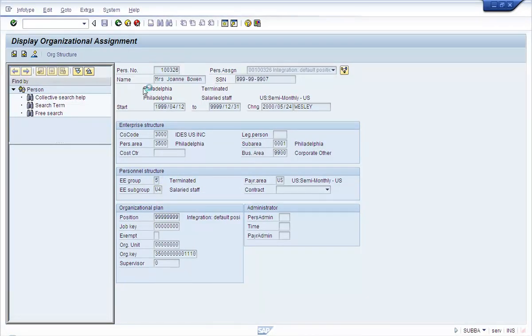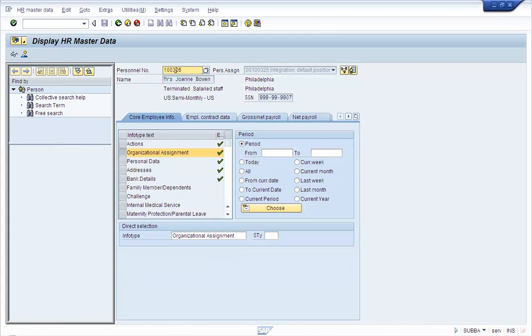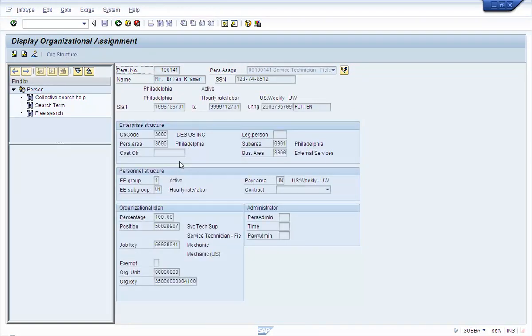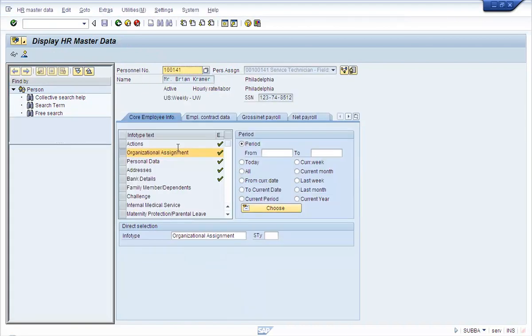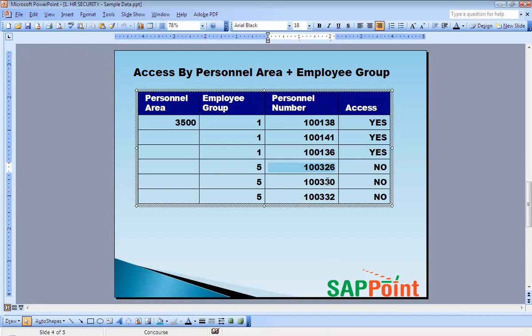It belongs to personal area 3500 and employee group 1. And let's take another one, 330.